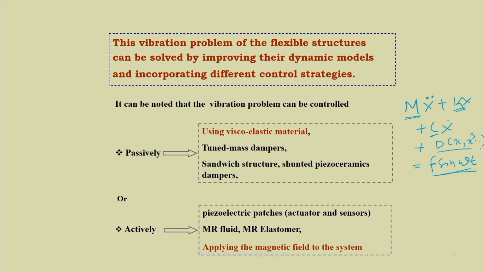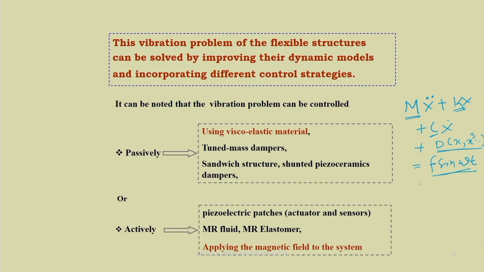Similarly, this nonlinearity matrix also depends on the system parameters, and F is the external forcing acting on the system. Here we can change the property of the matrices M, K and C either actively or passively. Actively means we can apply some external stimuli, for example a magnetic field, electric field or gravity, which we can control externally. So, we can change the matrices K and C.